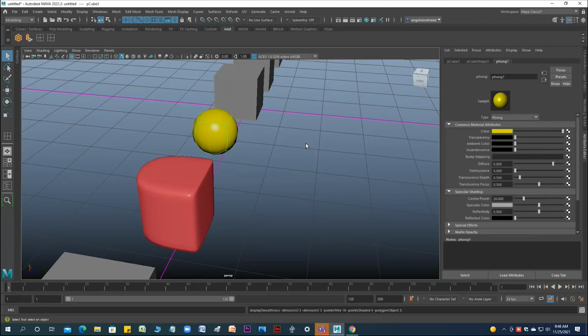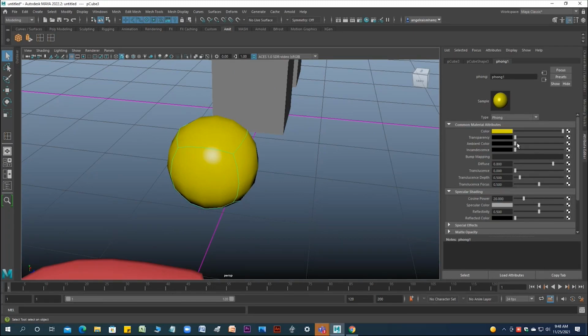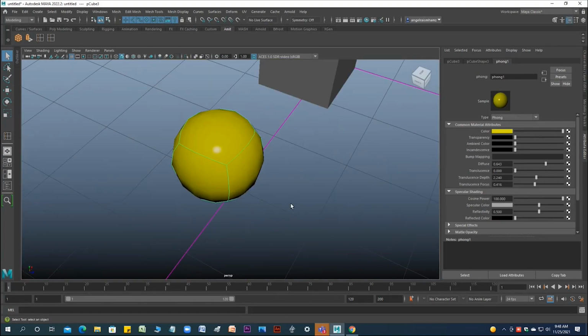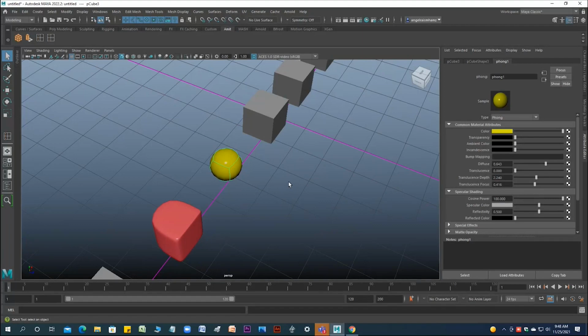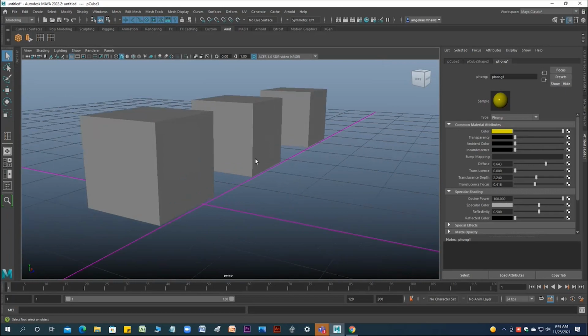This way you can apply different colors to your properties and the feel of the surface, the first layer of the surface.